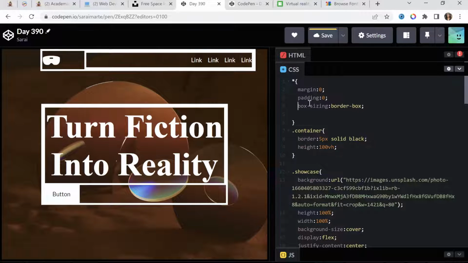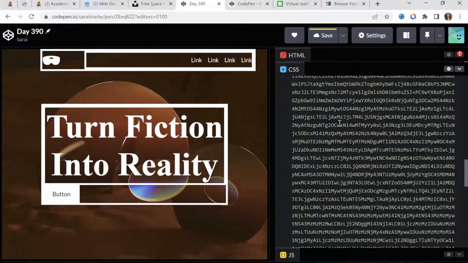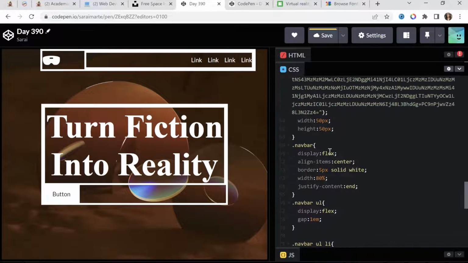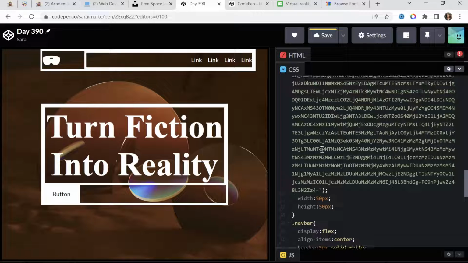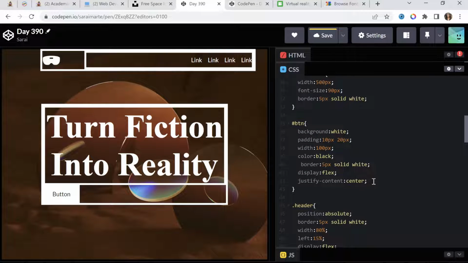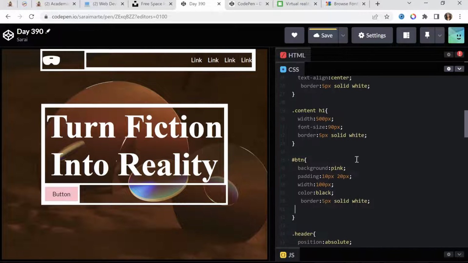Why does this happen to me? Let me think. What could be wrong? Justify content, it should be moving to the center, and it's not. So let's see. Justify content, center. If I do end, because the button itself, oh, whoops, I meant the bottom one. What's the bottom one? I need,